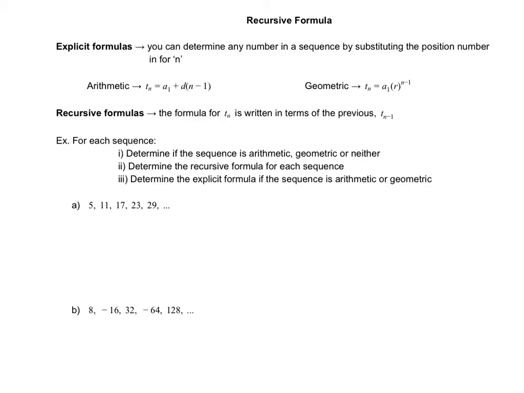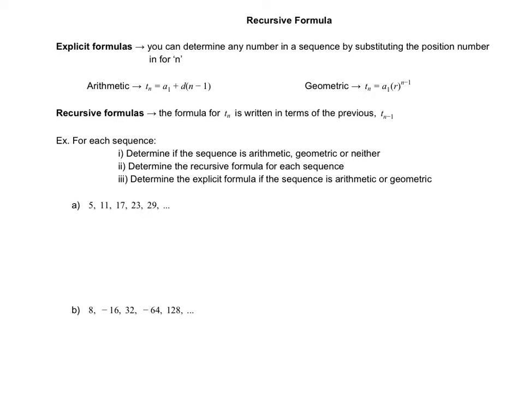We have seen explicit formulas for both arithmetic and geometric sequences, and those explicit formulas can be used to determine any number in the sequence just by using the position number. So if I wanted to find the 100th term, I would have no problem doing that as long as I